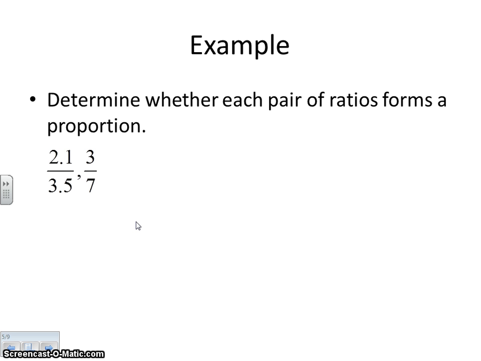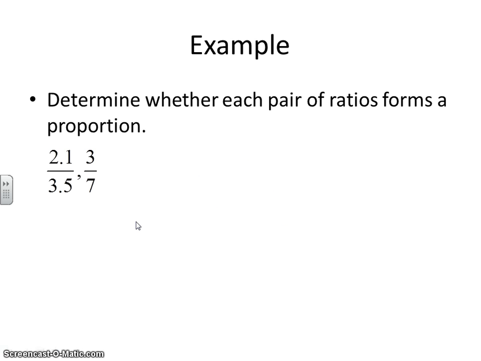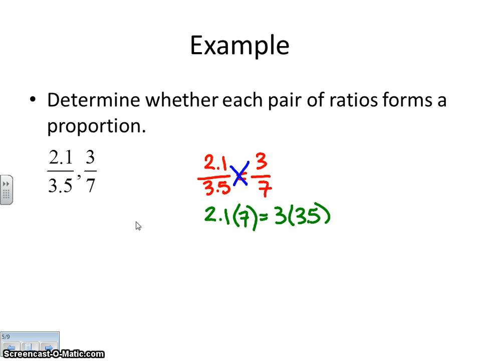So you should do this as 2.1 over 3.5 equals 3/7. Okay, so when you do your cross product, you should set up your proportion as 2.1 times 7 equals 3 times 3.5. So when you do 2.1 times 7, you should get 14.7 equals 3 times 3.5, which is